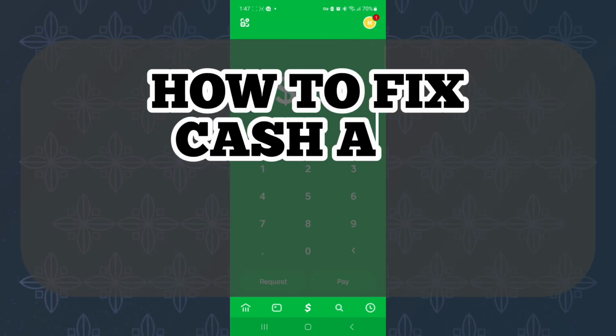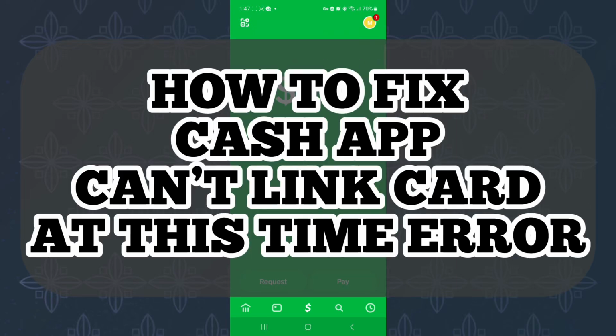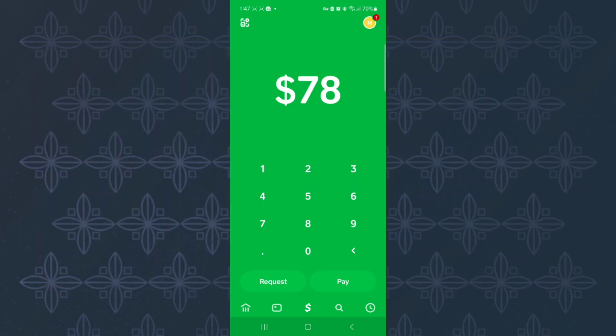How to fix Cash App can't link card at this time error. Hello everyone, today I'm going to show you how to fix Cash App can't link card